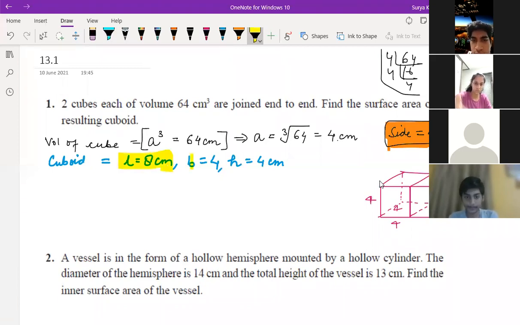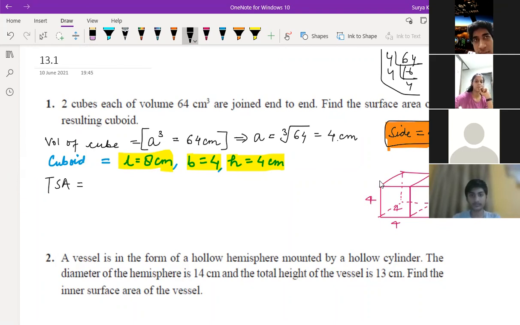Is the length, breadth and height clear to everyone, children? Yes, sir. So we have to find surface area. If they ask surface area, we have to find TSA. Don't find CSA and all. If they ask surface area, you should find total surface area. So what is the formula of total surface area, Javian? Length into breadth is the area of a rectangle. Total surface area, that I told you, very easy method, right? Area of all the walls including ceiling as well as floor.